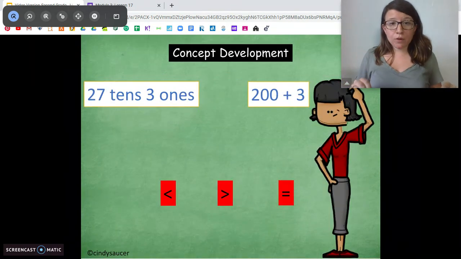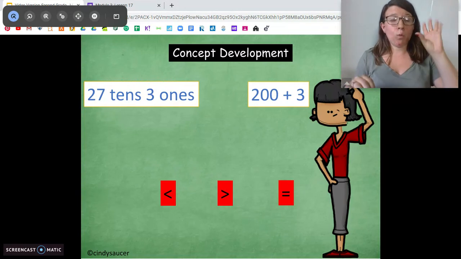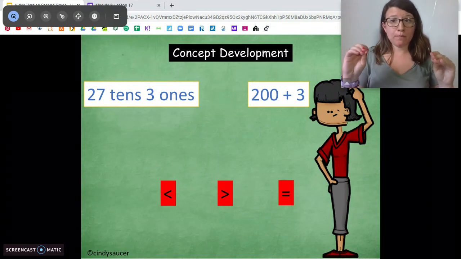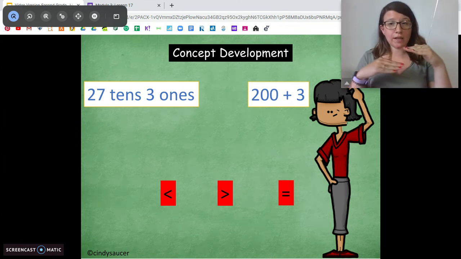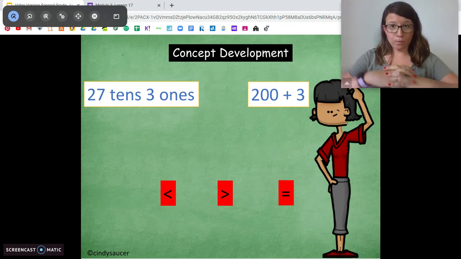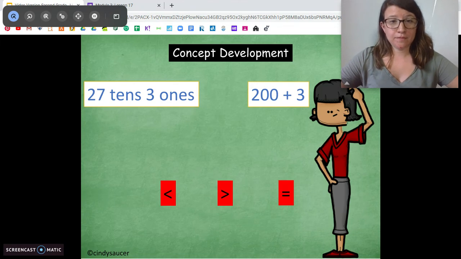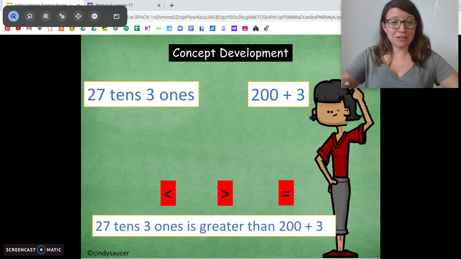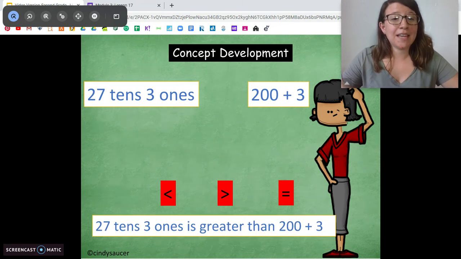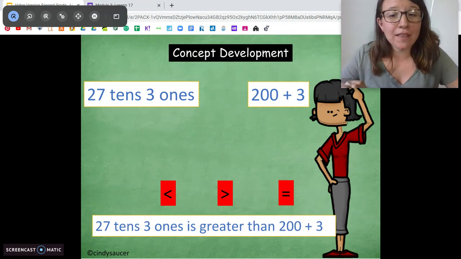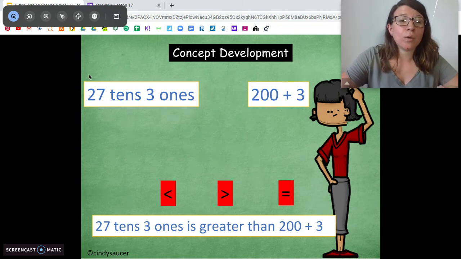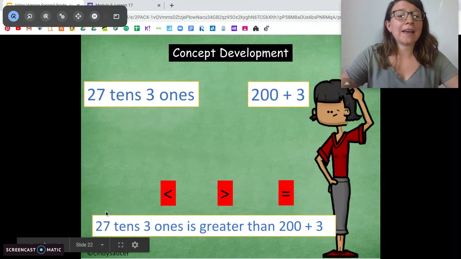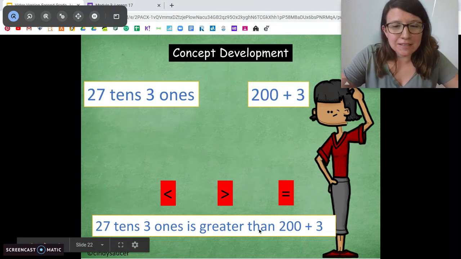All right, compare these two numbers for me. You should have both of them written on your paper just like this. One in unit form, one in expanded form. I want you to draw the symbol in between. Show me greater than, less than, or equal to. Pause and do that now. So your number sentence should say 27 tens and 3 ones is greater than 200 plus 3. We know this because 27 tens and 3 ones has way more tens than